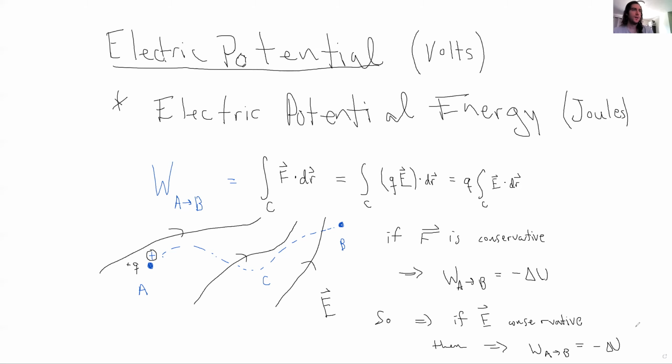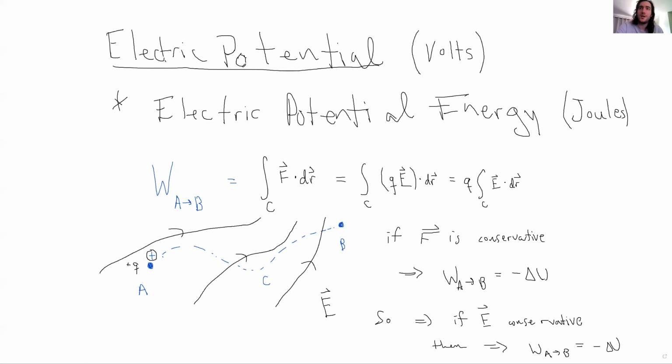Okay. Just a little bit of foreshadowing here. The reason we're replacing the F with Q times E is when we take a look at this thing, we're going to divide out the Q. When we divide out the Q, that's when we're going to get electric potential rather than electric potential energy. Okay, so I'm going to clean this up now, and we'll take a look at